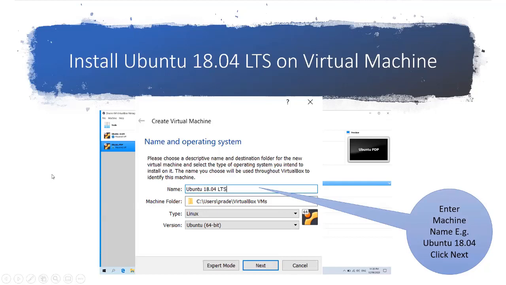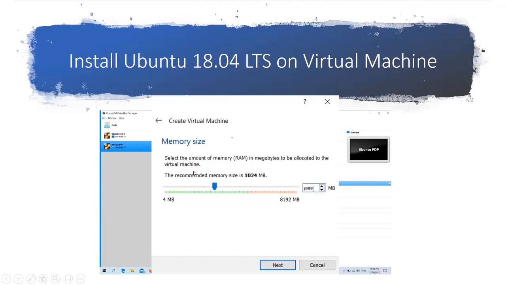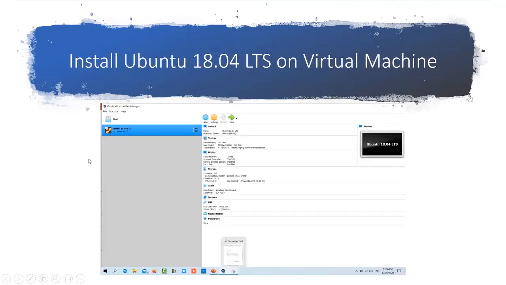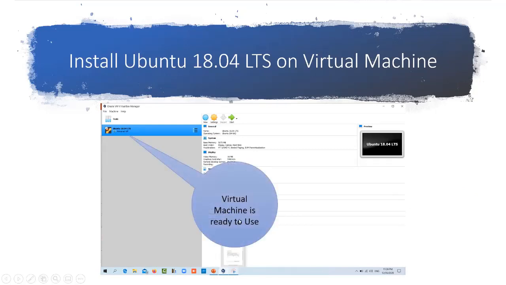Then click next. Okay. Then allot memory to this virtual machine. I am going to allot 3072 MB, that is 3 GB, and then I am going to click on next button. Okay. Your virtual machine is ready to use.